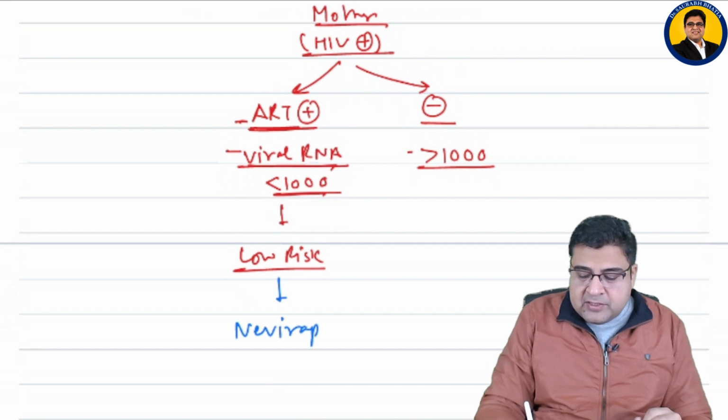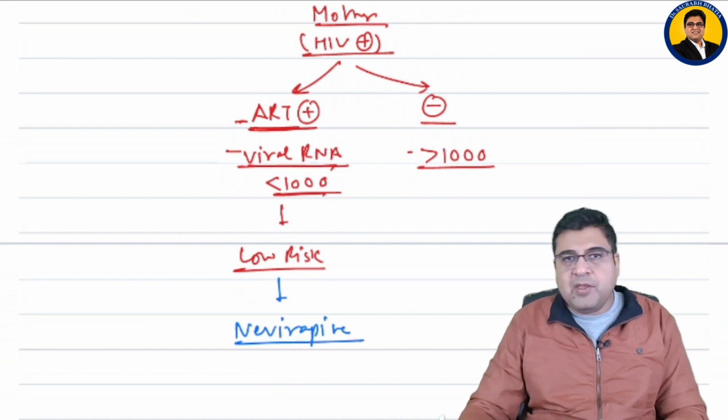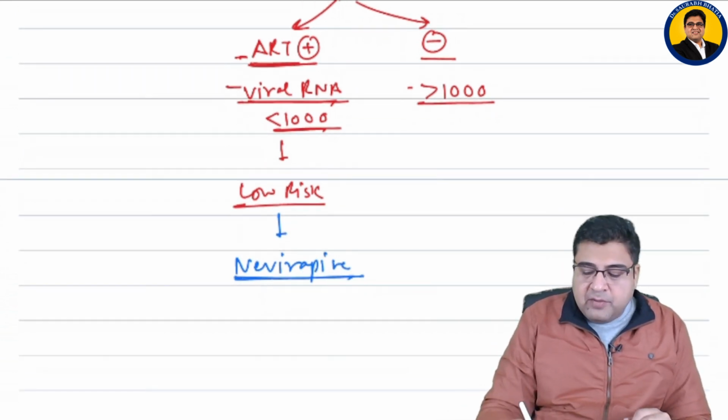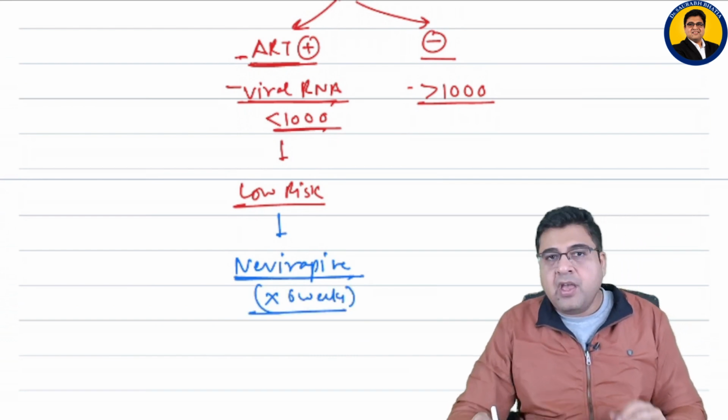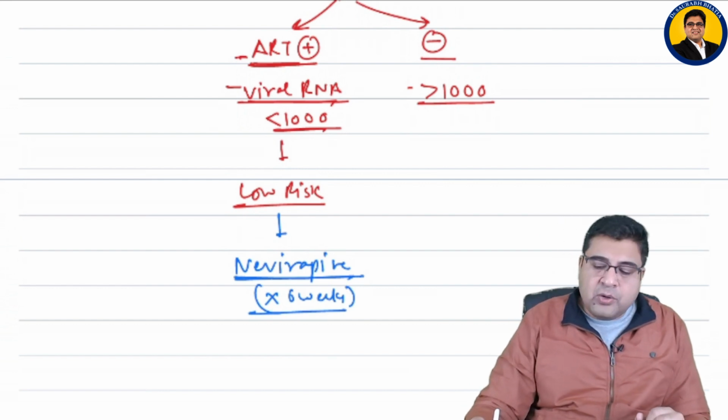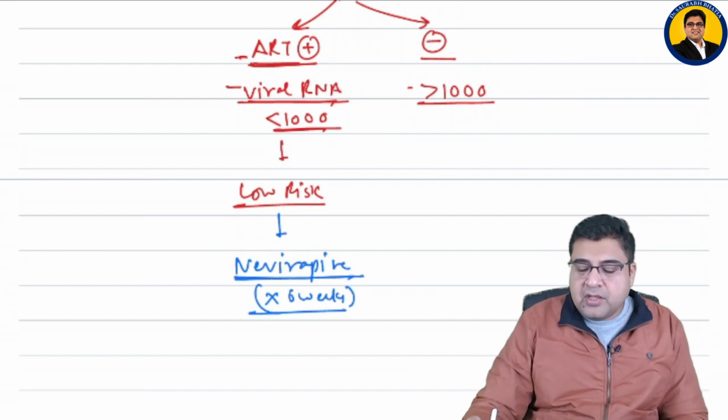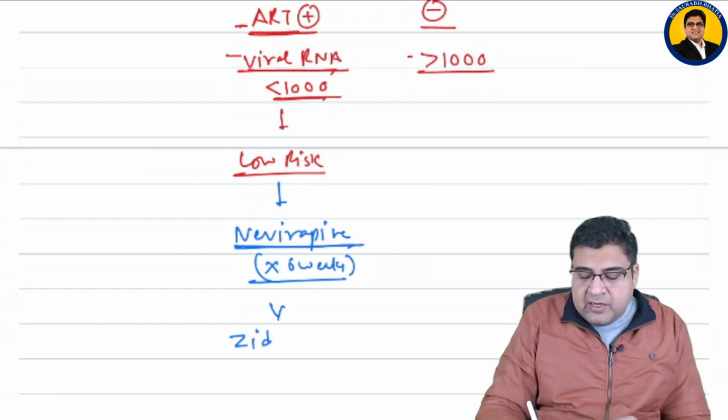So nevirapine is a name of a drug. This medicine the baby can take for 6 weeks. So nevirapine can be taken for 6 weeks in case the mother is on antiretroviral therapy and the virus RNA load is less than 1000 per cubic millimeter. Right? Now, in case nevirapine is not given in MCQ, you can mark